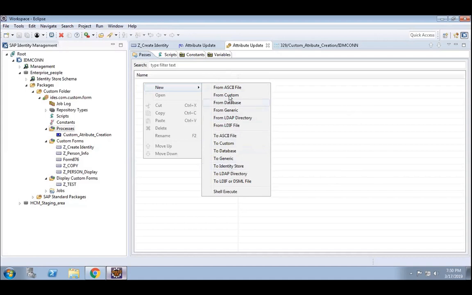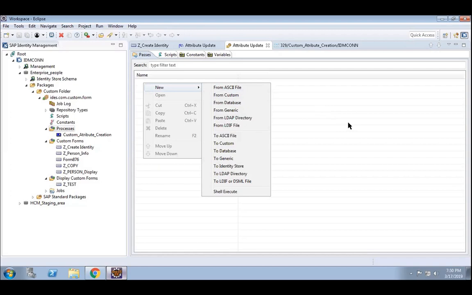From means we are taking some information from a table or from something. From ASCII file means from our local system. From custom means from our custom data.